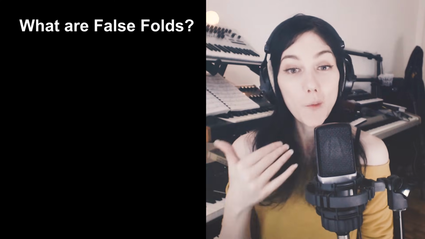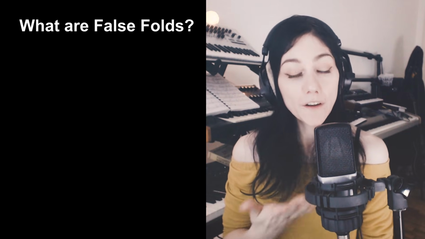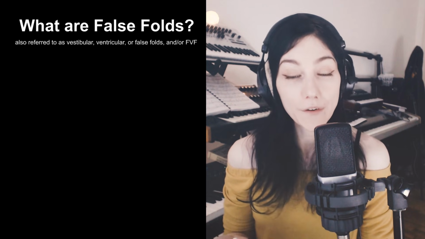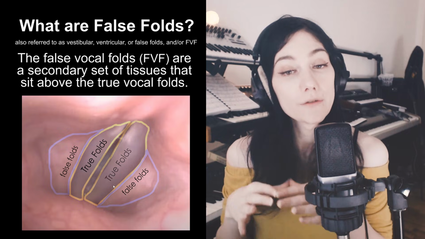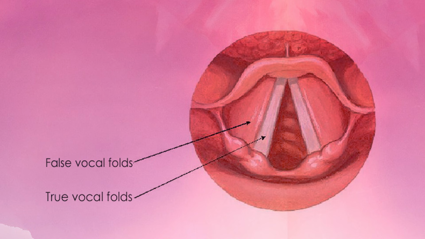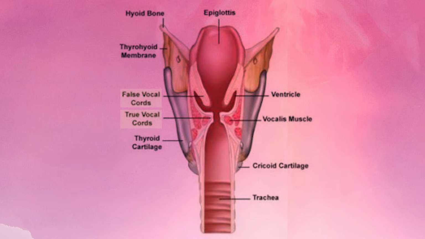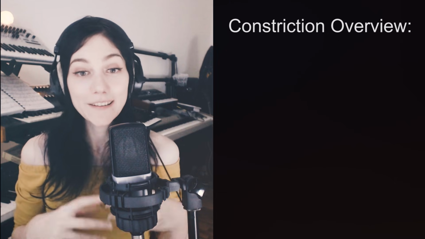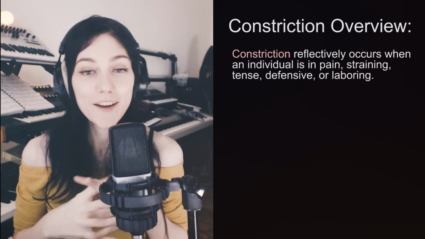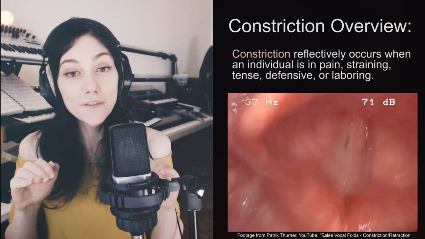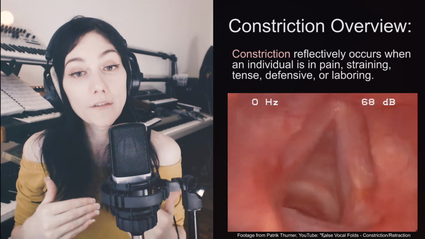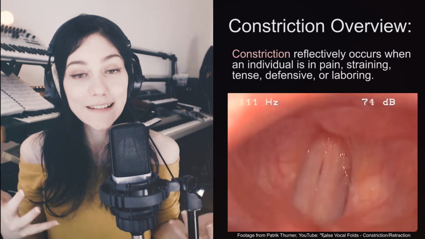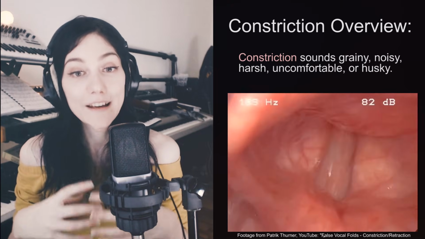So first off, what are the false vocal folds? Well, the false vocal folds, also called the vestibular folds, are a secondary piece of tissue that sits above your true vocal folds. It essentially forms a protective layer for your vocal folds, your trachea, and subsequently your respiratory system. Now, when someone is threatened, agitated, or in pain, these false vocal folds will collapse inwards and constrict. This interrupts the flow of air and introduces inharmonicity, or a noisy, grainy, tight kind of quality